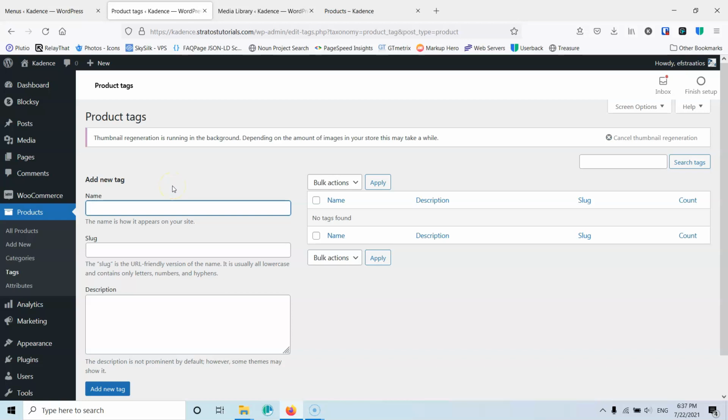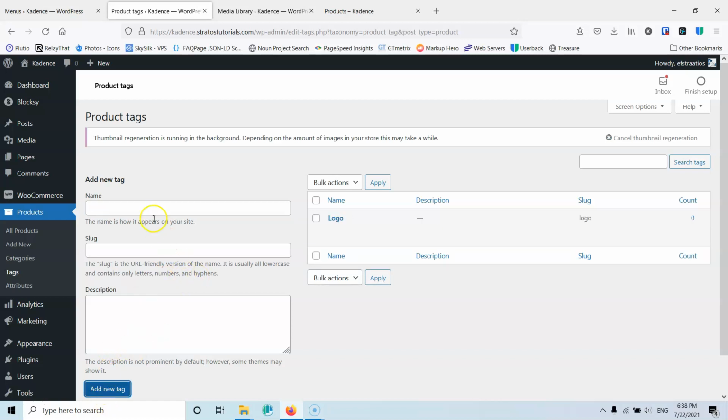So whoever comes later on into my WooCommerce store can go into the store and click the tag that he wants, and he will filter all the products basically in the tag that he has selected. So if I select here logo, he will see only the t-shirts that have logo, or he can see all the products that have logo, even if they are in soccer or in basketball, or they are shoes, or they are something else. No matter what they are, if they have a logo, he can see it there. We can add the V-neck, we can add something that gives us value to group products, but it's not as big as a category. So I'm going to add here the logo,